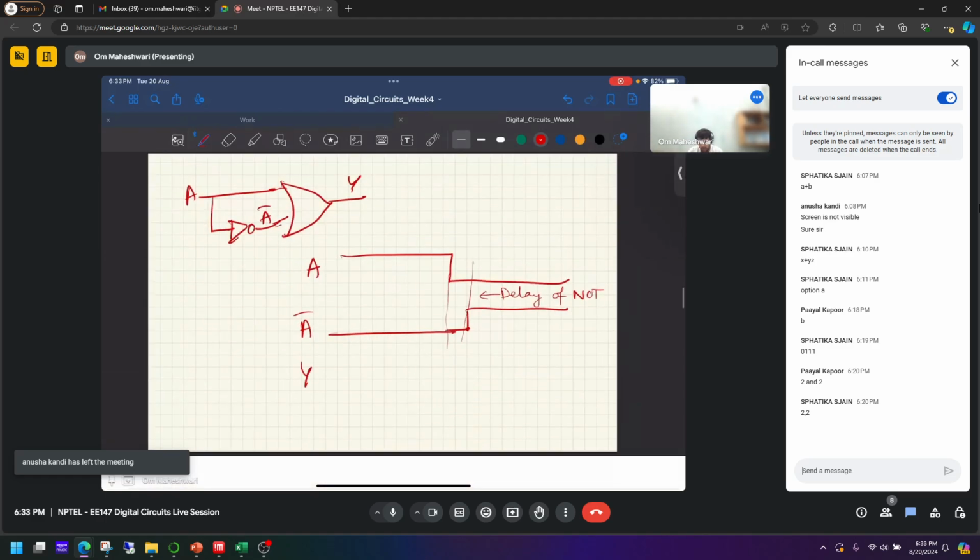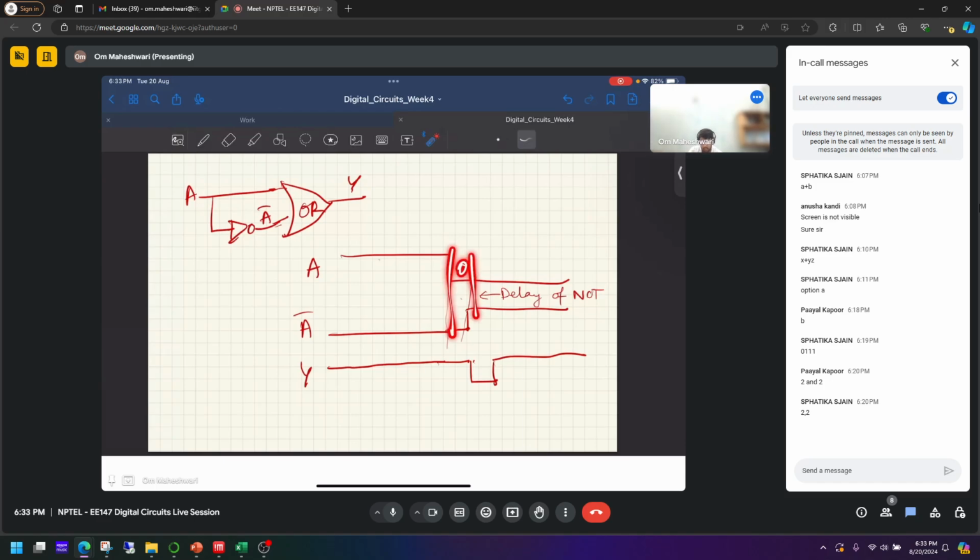Your output Y will be 1, it is an OR gate, right? So whenever any of them is 1, it will be 1, but due to this delay, it will be 0 in this portion. In this portion, both are 0. With some delay, you will get 0 here. So this is a static 1 hazard,